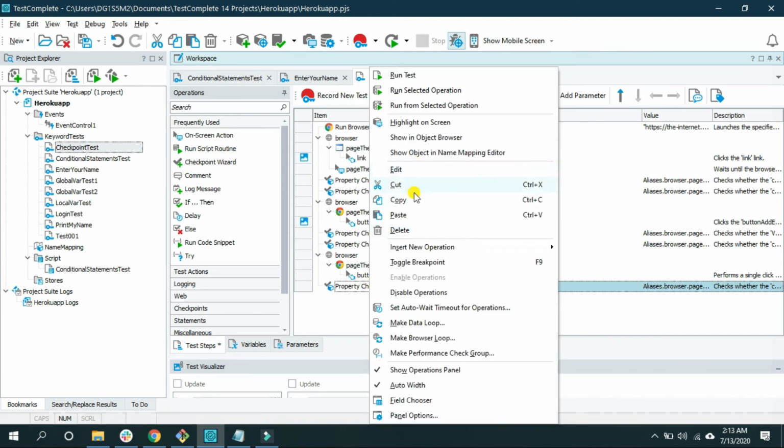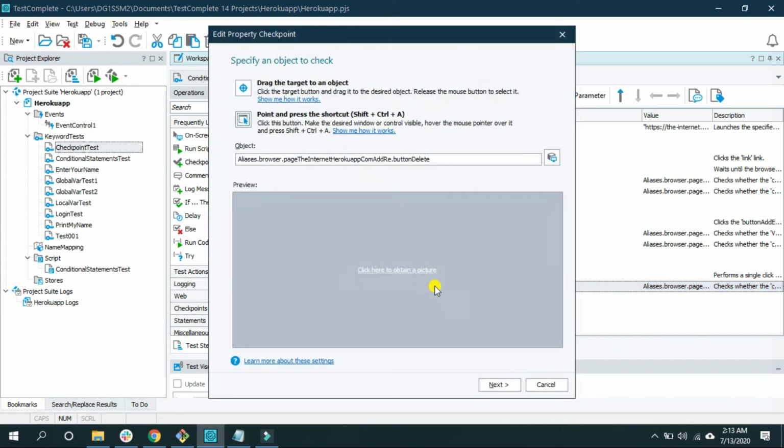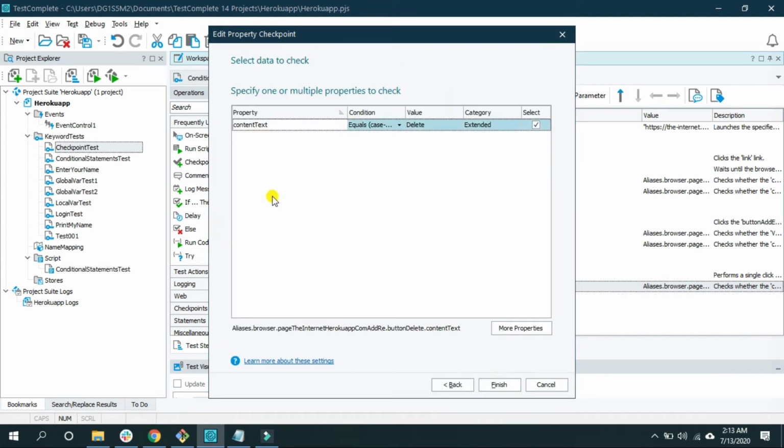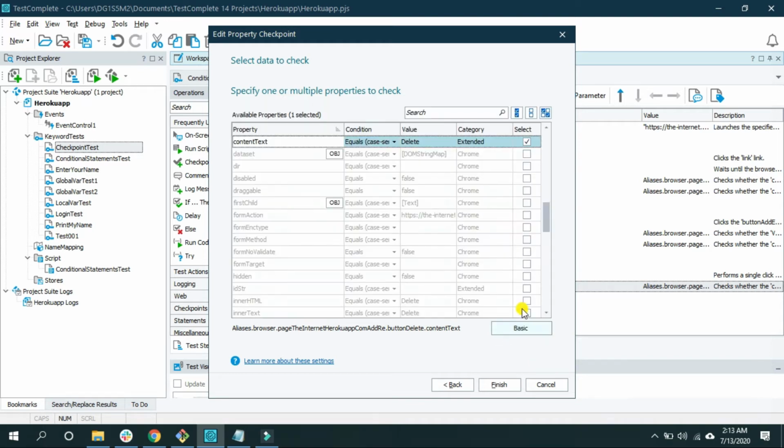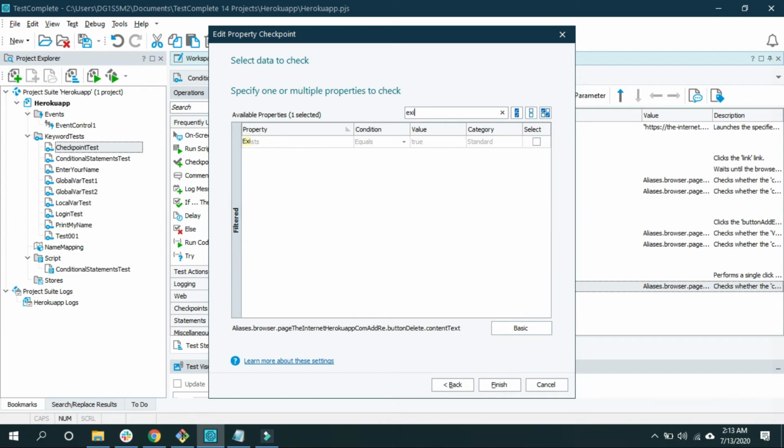And here I'm going to double click on this property, click on next, and I want to use the property where it says does not exist on screen. Since it is not here, I'm going to click on More Properties and type exist. Okay, it is there, Exist, and I'm going to select this property, and change it from true to false. I want to check that the property does not exist.